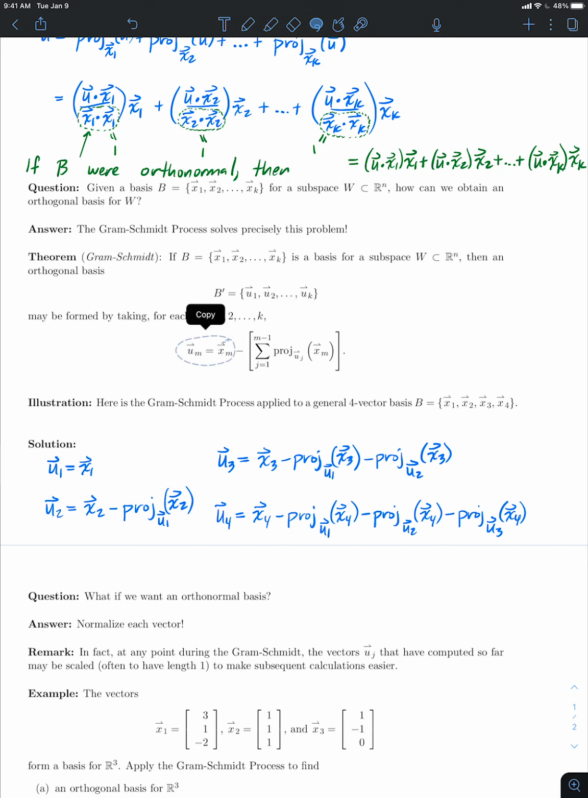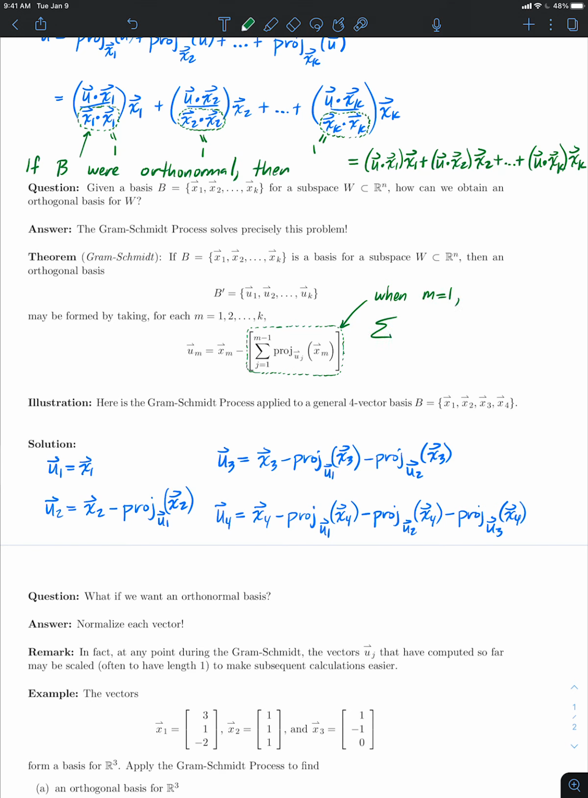You take each um to be equal to xm, but then you subtract the projection of xm onto all the previous u vectors that you already formed. And that's what's happening inside those square brackets. That sum is just referring to this, this, and this. And by the way, in the case of the first term, when m is equal to 1, this is actually a completely empty sum. Let's add this as a remark here. When m equals 1,